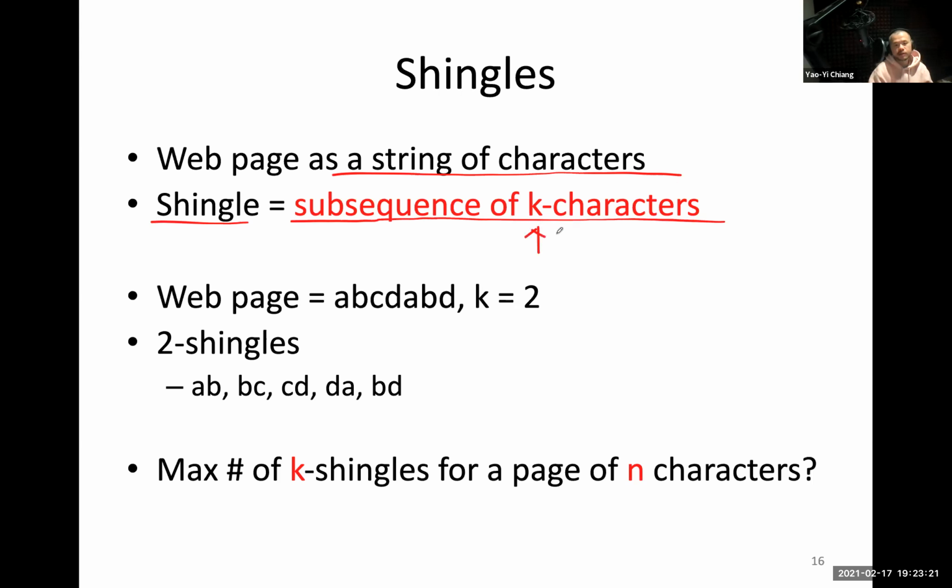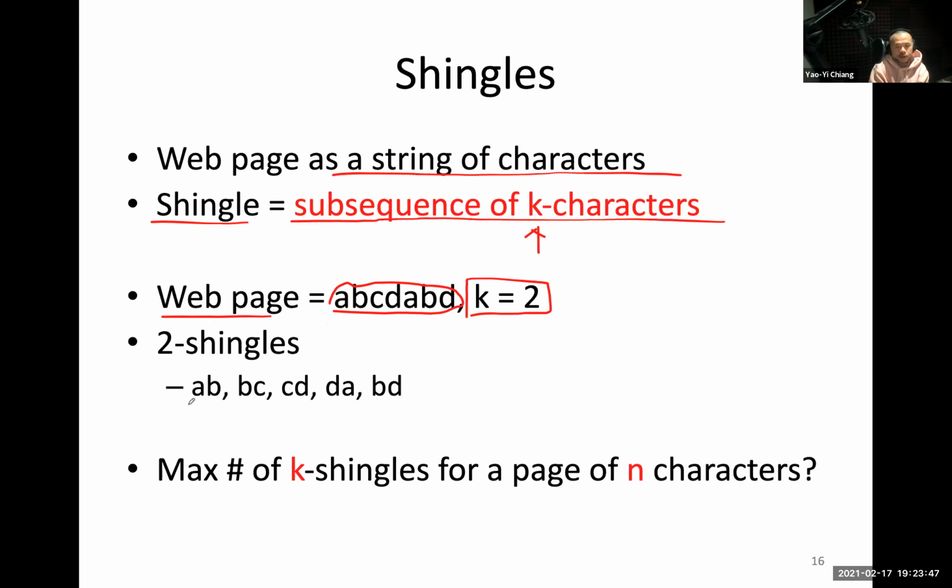That means we can set whatever k we like. Let's say your web page is this string, because you can convert any web page into one large string. And if you say I want to use k-shingles, k equal to 2, to represent this web page, what you are actually doing is